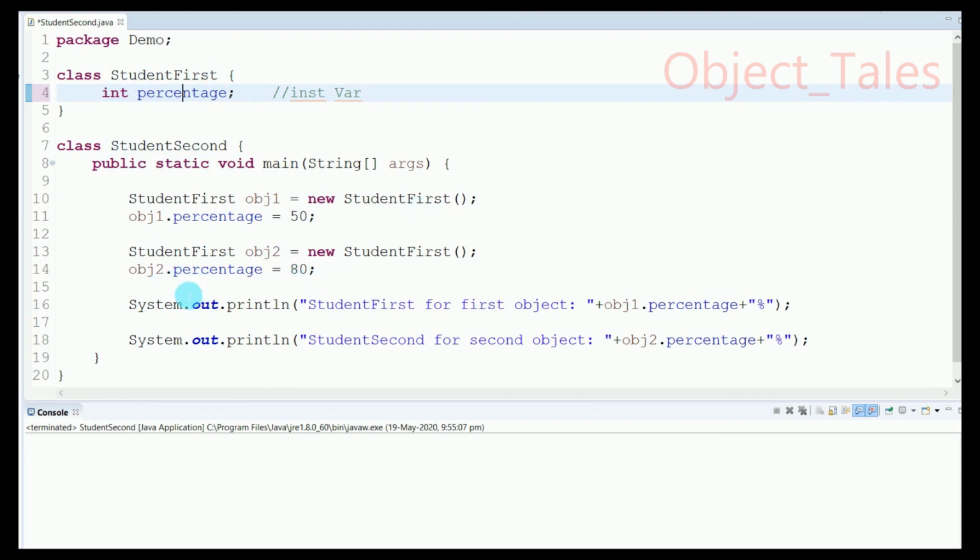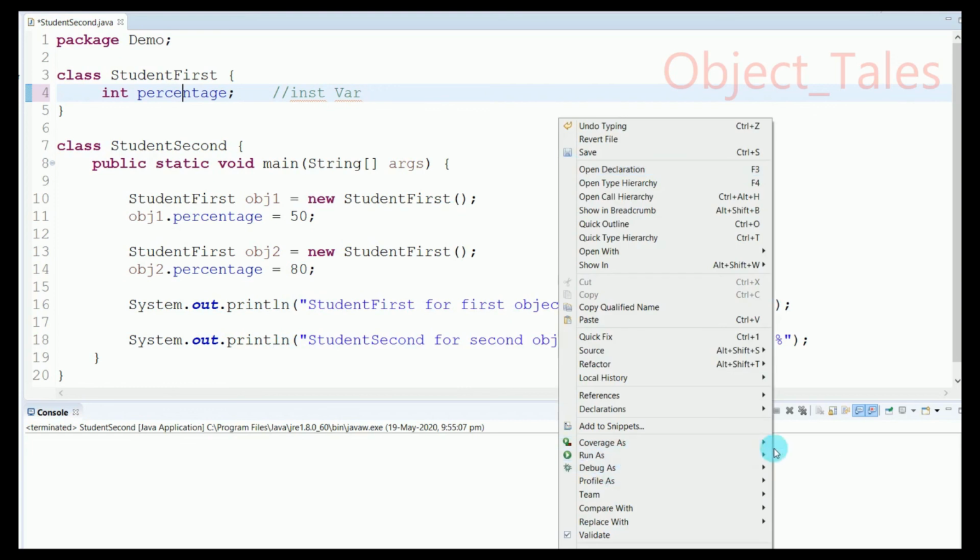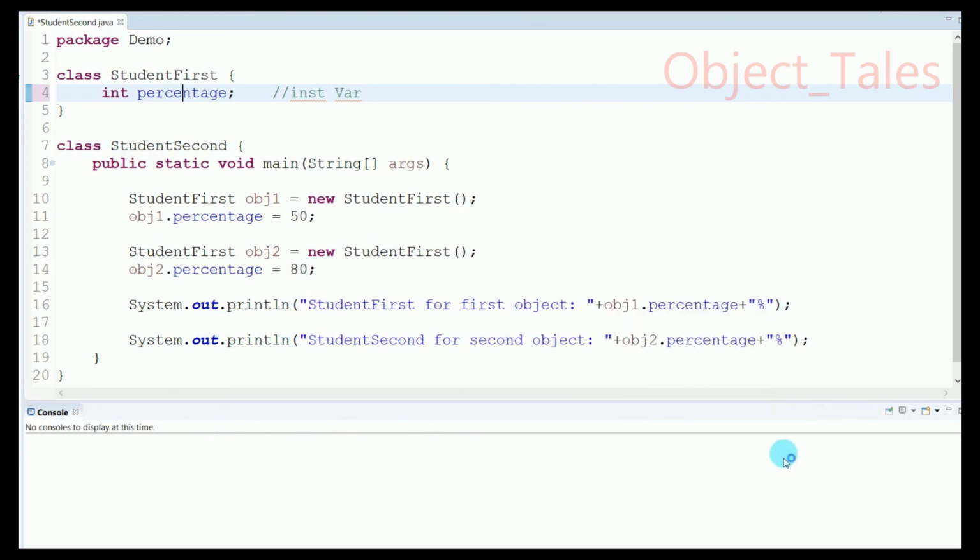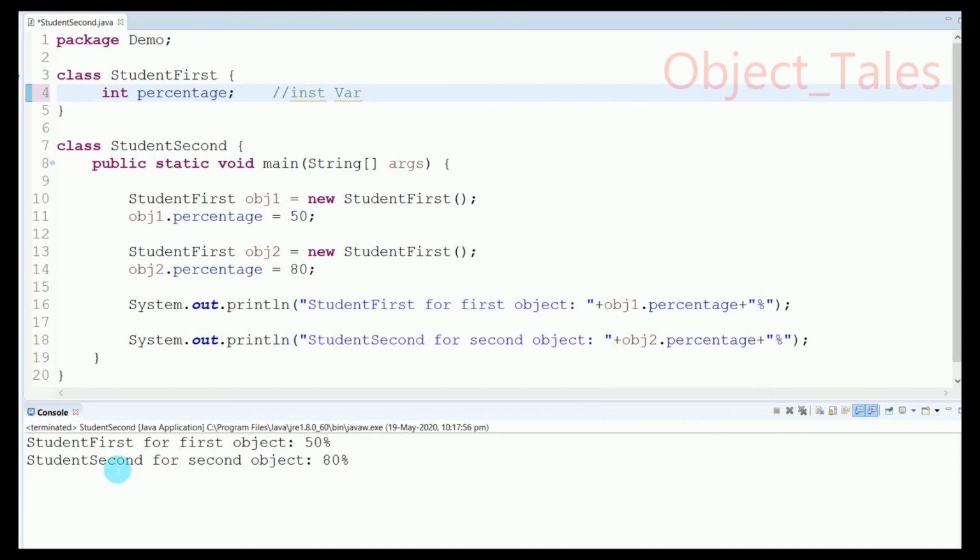Then I print it using the System.out.println method. So I will just run it. Run as Java. As you can see, it prints student first for the first object, that is 50, and then the percentage symbol, for both 80 and then 50.